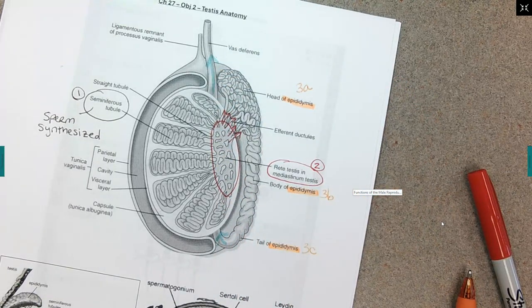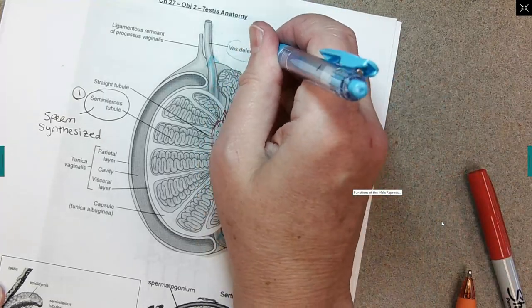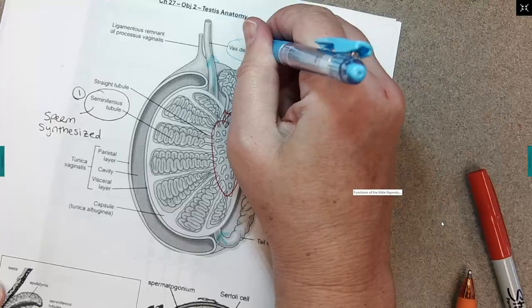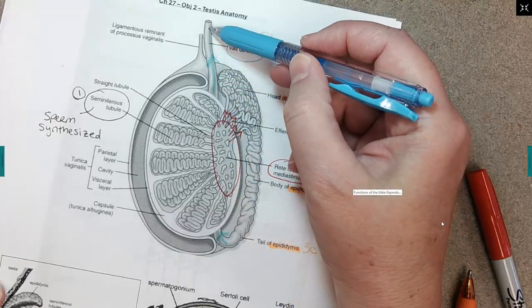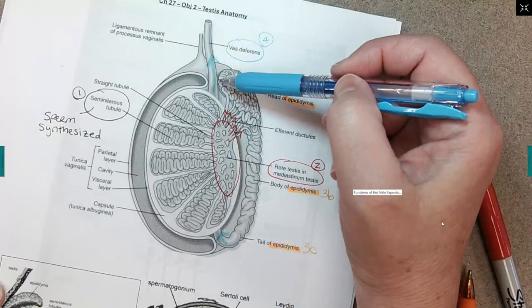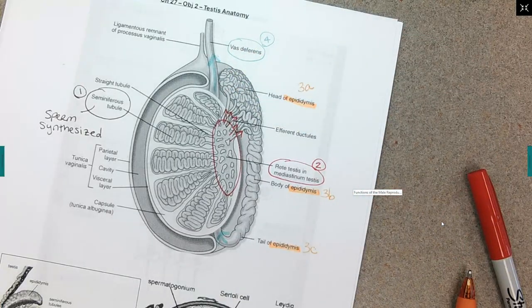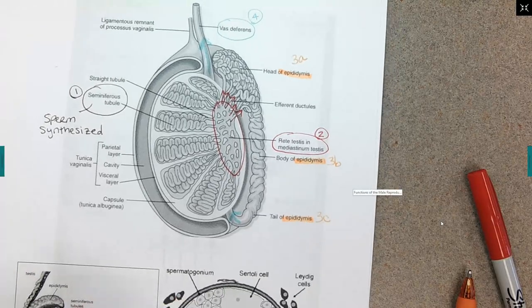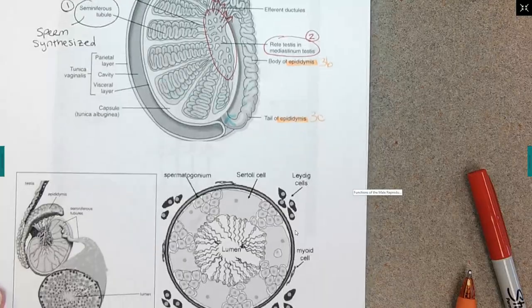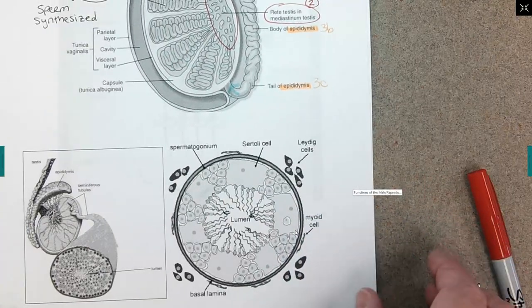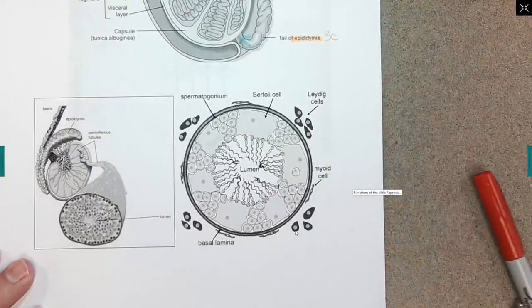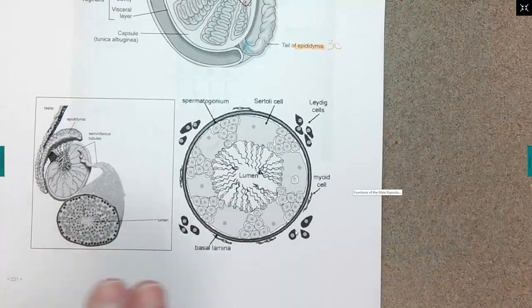That is the vas deferens. So this is going to connect to the vas deferens. We'll call that number 4. And the vas deferens then is going to go up inside the body. So this is going to be a passageway that is going to be carrying mature sperm to the urethra. That's where it's headed. So let's take a look at, if you can see that a little bit, let me switch that up. Let's take a look at a cross section